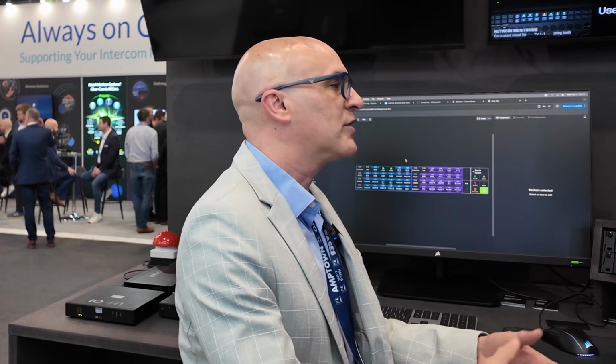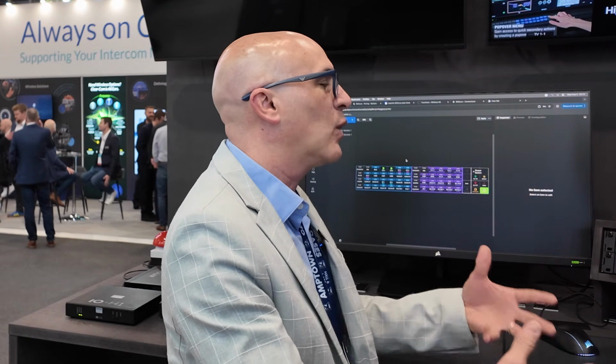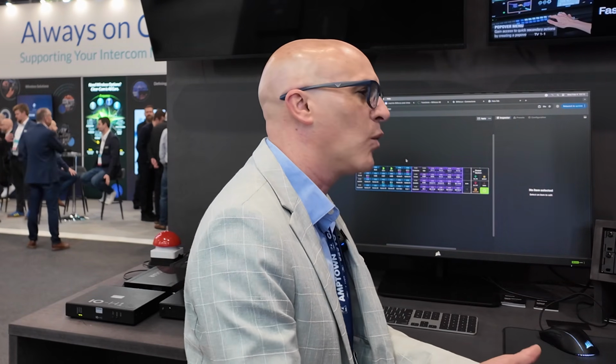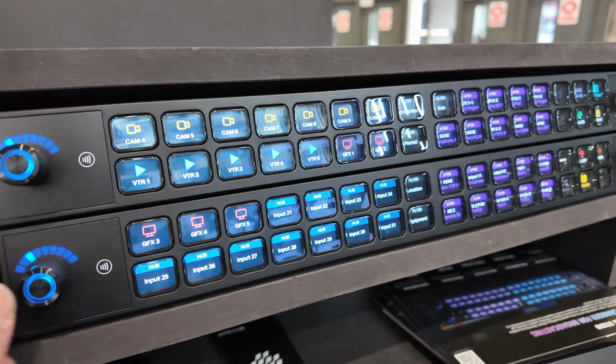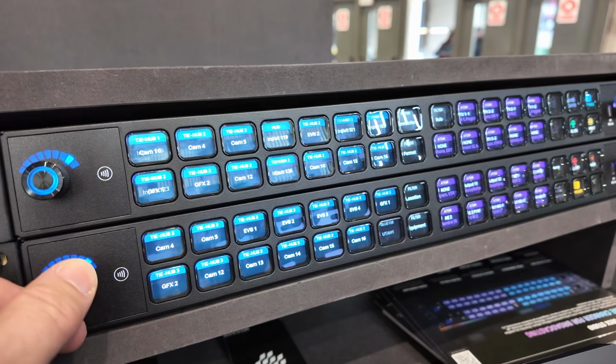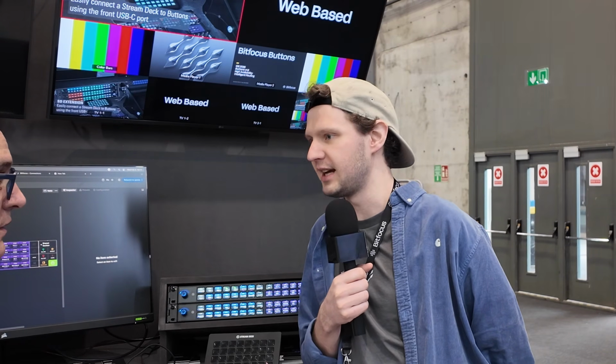You talk about control stuff, but give me an environment. What type of environment would a customer put Bitfocus in, and what would they control? Well, there could be so many things that we control. We have 700 modules, so that means we could turn on and off your lighting. We can switch sources on a vision mixer. So that's just the top of it. You can do routing, control video routers. So the place you would have it is almost anywhere, from a meeting room to a production gallery to a